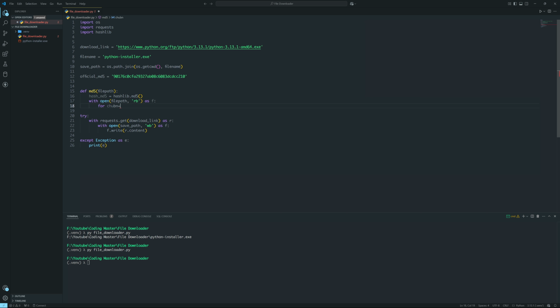So for chunk in iter lambda f.read. I want to read 4 kilobytes per chunk. So like this, and then let's update the hash, md5.update